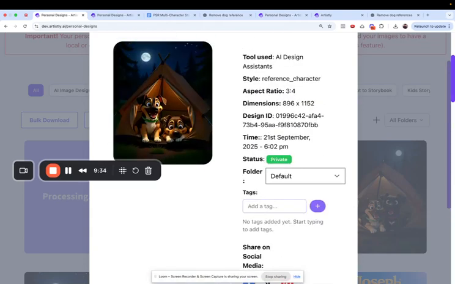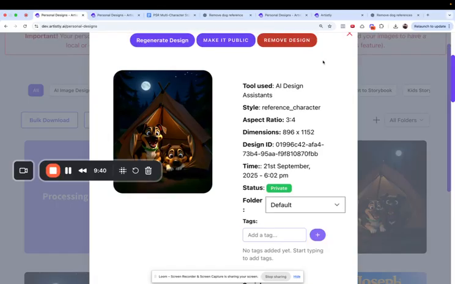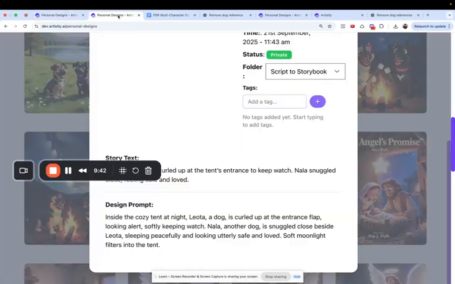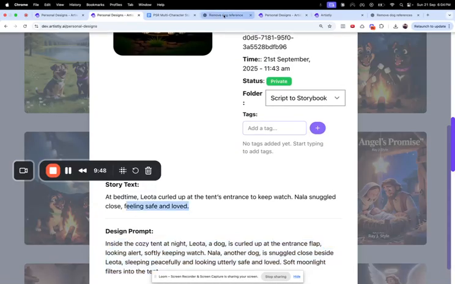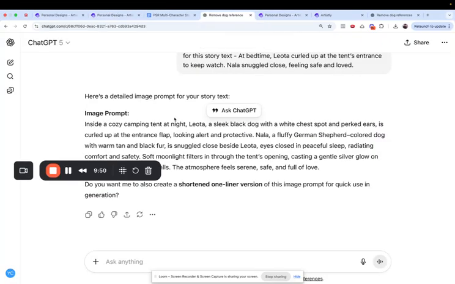It is okay. AI sometimes hallucinates. It is completely okay. No need to worry, no need to panic. Because now you can customize. You can take this initial insight design prompt, take the story text, and ask ChatGPT, or any